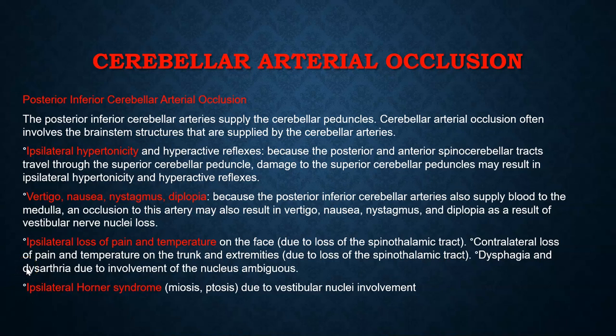We'll go over some of the cerebellar artery occlusions. Now, cerebellar, this is, again, the cerebellum blood supply, okay? We're starting with PICA, the posterior inferior cerebellar artery. Occlusion of that artery, which supplies blood to the cerebellum and also the lateral part of the medulla, will affect the ipsilateral, the same side of the body, with hypertonicity and hyperactive reflexes,